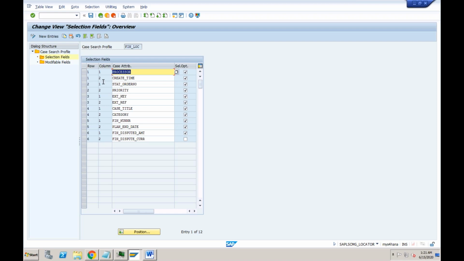And you can see which fields you want to appear on your screen. In this case, if I want to add something new, let's click on new entry. You have to tell the system which row and which column this will come under, and then from the case attributes you can select any particular field.